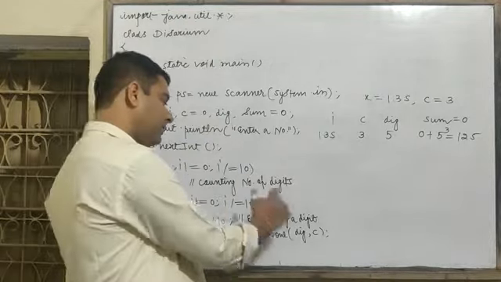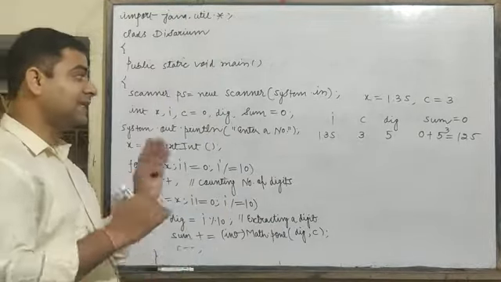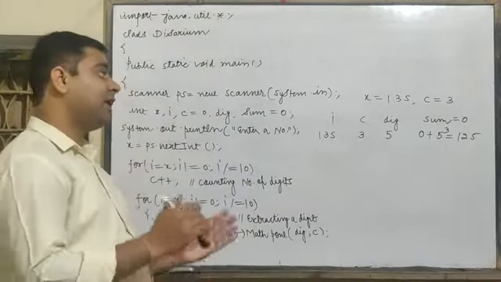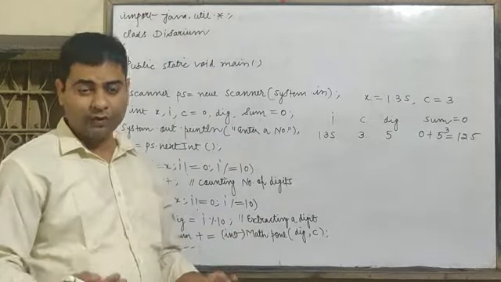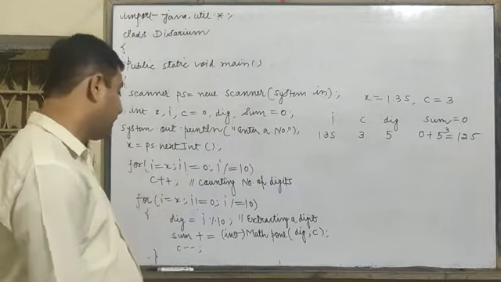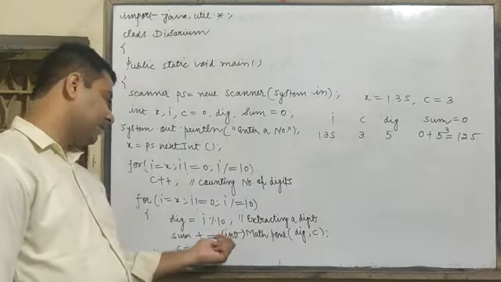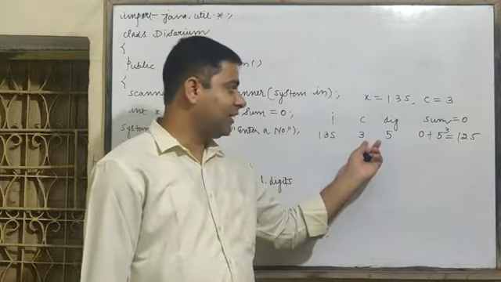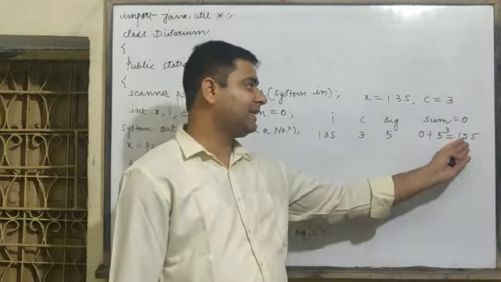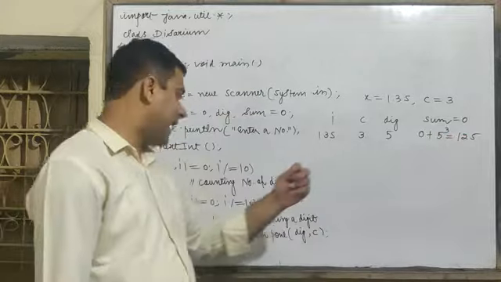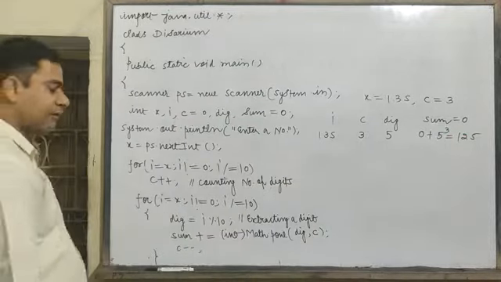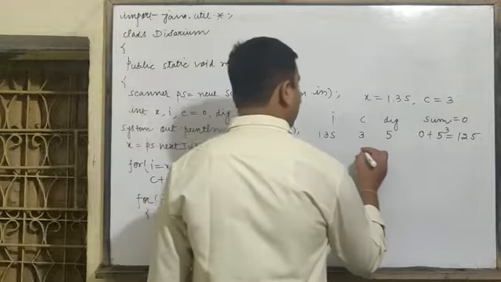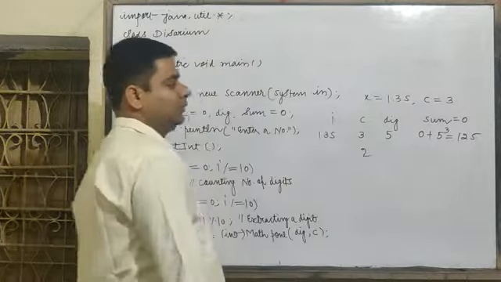Now it will jump on update part, it will extract the next digit. The next digit will be 3. For the next digit, value of C must be what? 2. It should be decreased by 1. So what we are doing, after calculating the sum plus equals to method power digit raised to the power C, digit is 5, value of C is 3, so 5 raised to the power C will be calculated and added in sum. So value of sum is 125. After this, it will decrease the value of C by 1. So value of C will be 2.